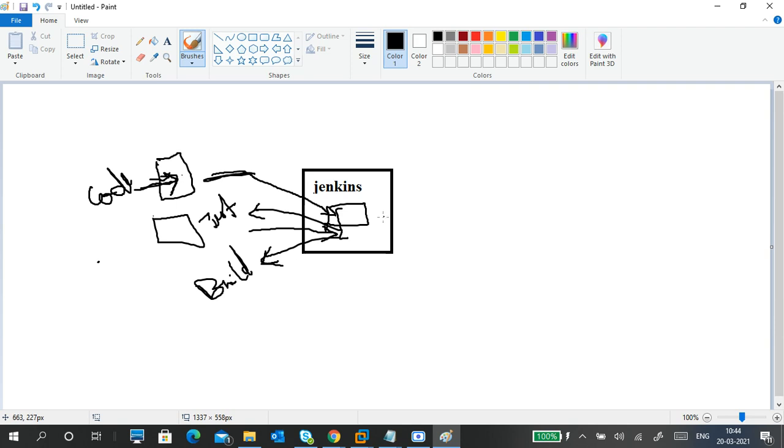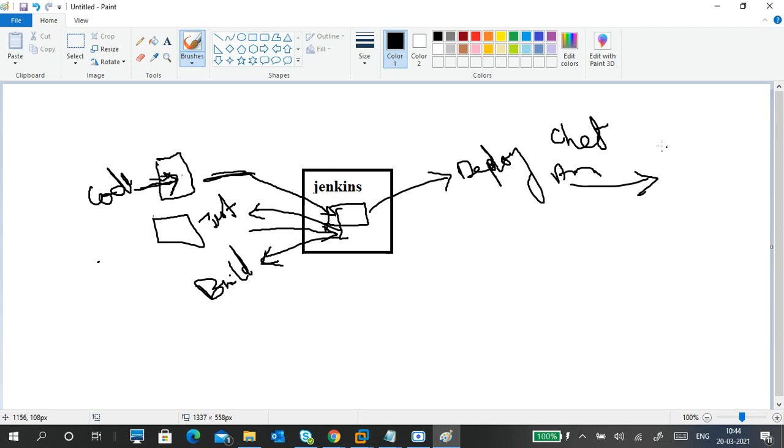Next, the build is also successful. What to do after build? Deploy. Deploy using tools like Chef, Ansible, Puppet. These are the deploy tools. Deploy into the system.